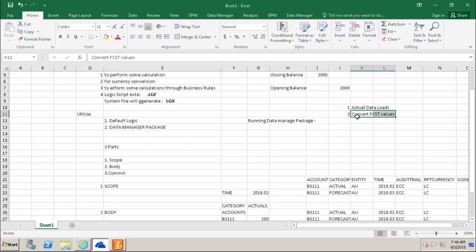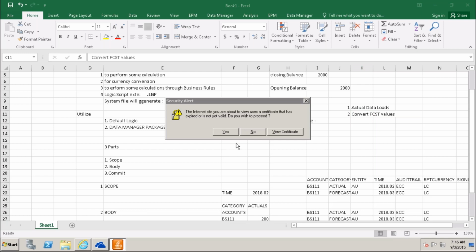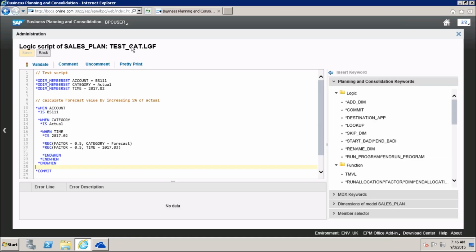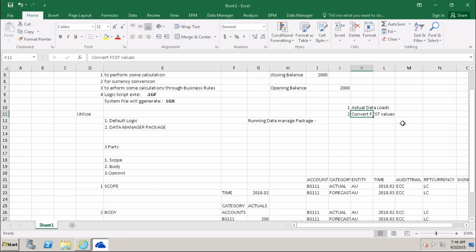In this data manager package we keep the script logic name, so that when you run the data manager package, these actual values are converted into forecast values.